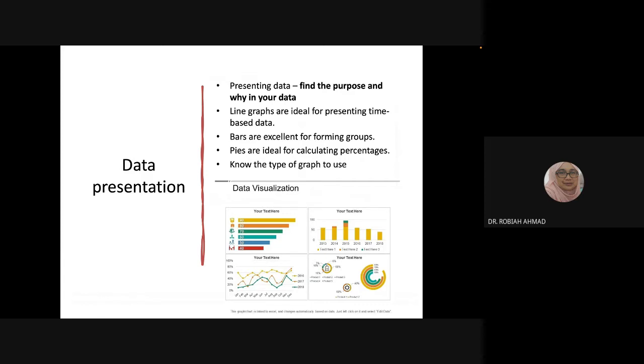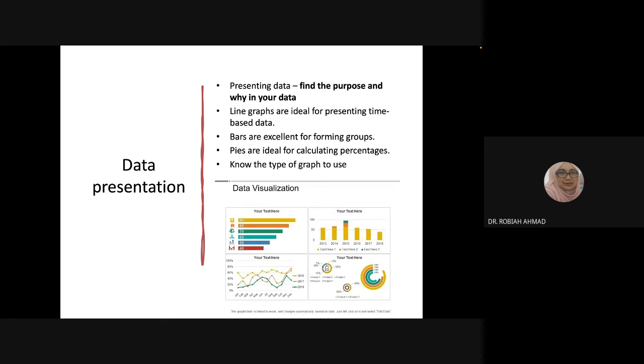Usually line graphs are ideal for presenting time-based data. For example, we have time series data; we often use line graphs. And then what about bars? Bars are excellent for comparing groups. If you want to group the data, bars are good. And pies are ideal for calculating percentages. Usually if you want to calculate the percentages, we want to look at the